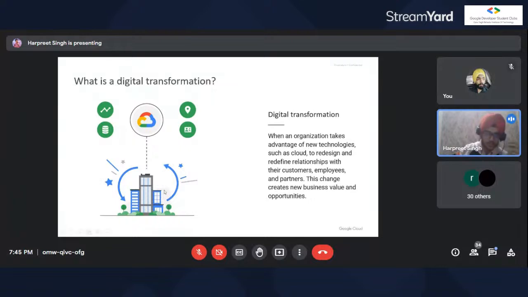Obviously, if digital transformation is taking place, new job opportunities will be available for specialist cloud engineers who know how to transform and migrate the previous data onto Google Cloud, and what other things will be required if new data is coming that we have to store on Google Cloud.